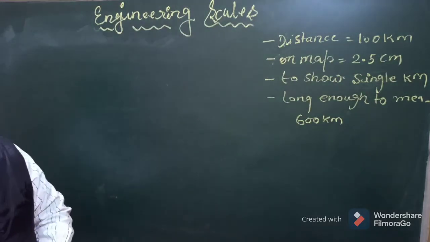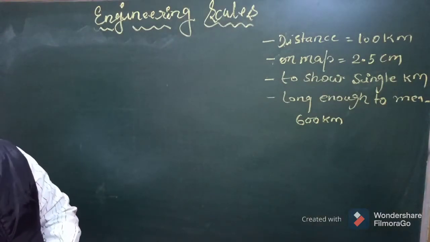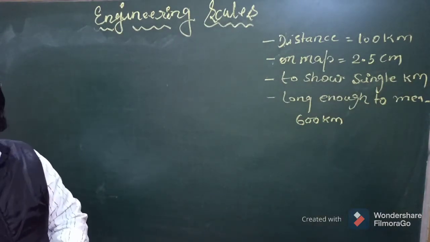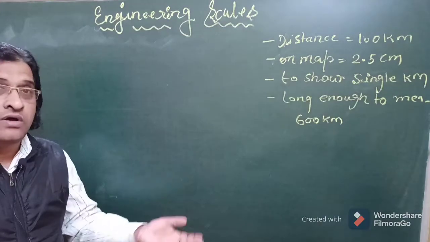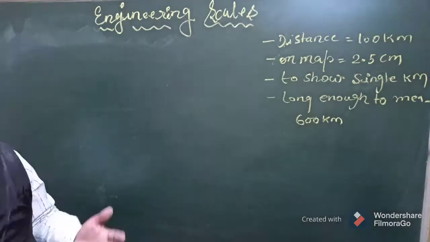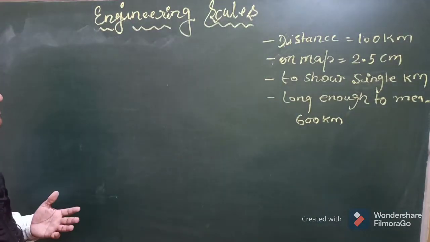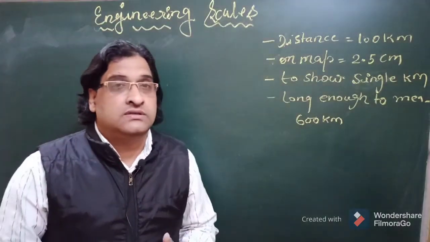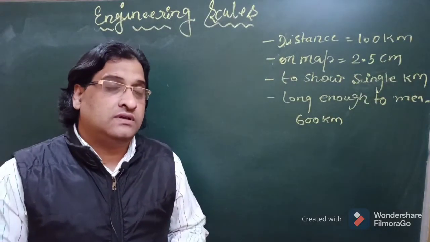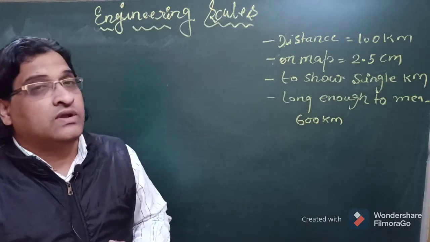As I said in my previous video, a diagonal scale is used to measure 3 units, say kilometers, hectometers and decameters, or hectometer, decameter and meter and so on, unlike a plane scale where only 2 units can be measured. And what is the need of a diagonal scale, why has it evolved? We will discuss this by taking one example.